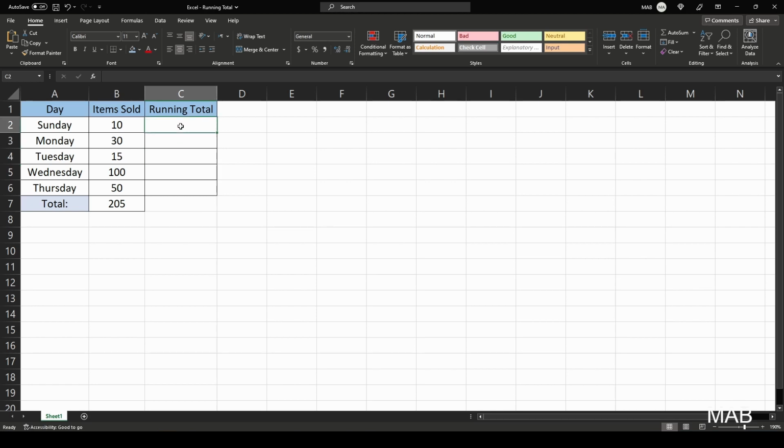We do this by first going to the first cell and putting equals, then we pick the first cell. Then we press enter. For the second cell, we press equals, and then we add up the cell above it plus the cell next to it. Then we press enter. This will add up the first two cells here,